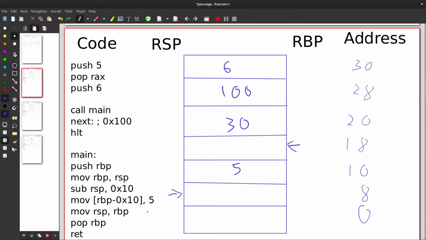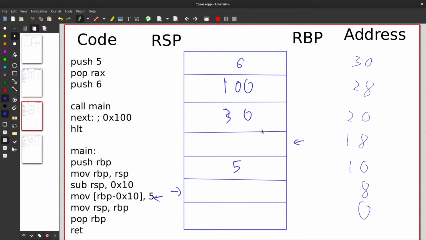Well, if we look at what happens here, after we do this, we can follow this very simple procedure. Move RSP, RBP, pop RBP, well, move that down, that's 30, so that goes to 30. Ret, so that returns. And so that returns to address 100, which is here, and the program holds. If you notice, the way of what we've managed to do here is have an area, if I can go back here, we had an area over here